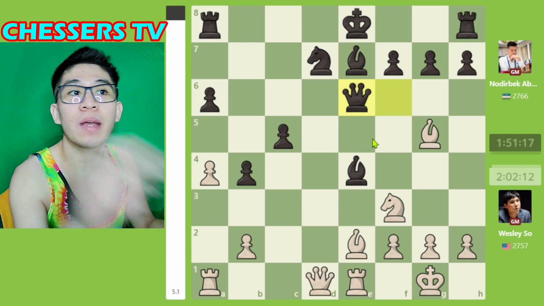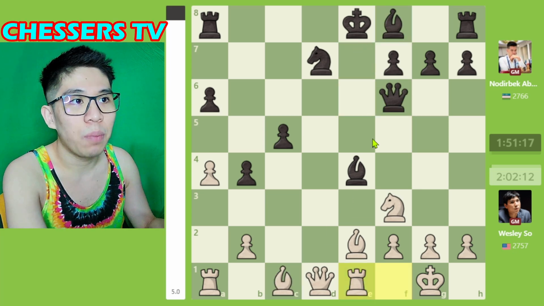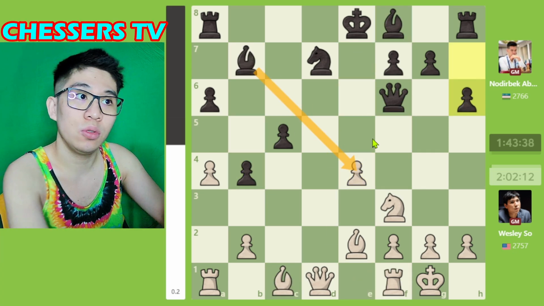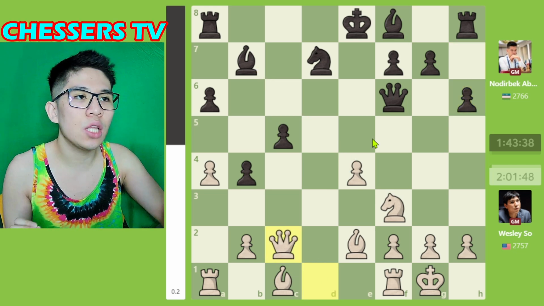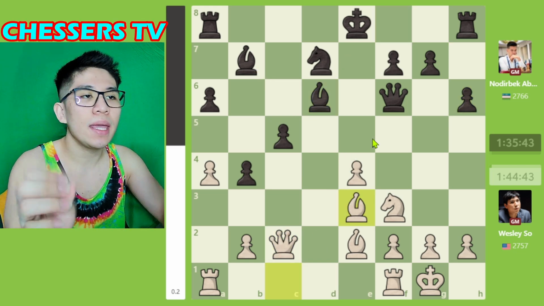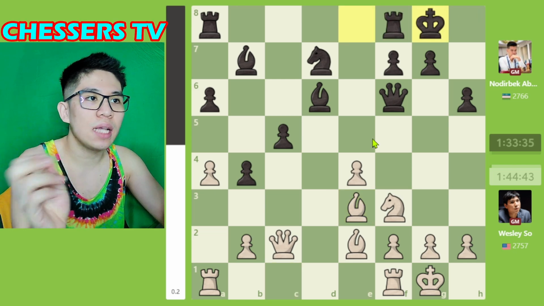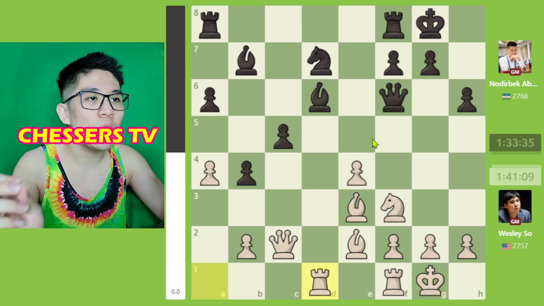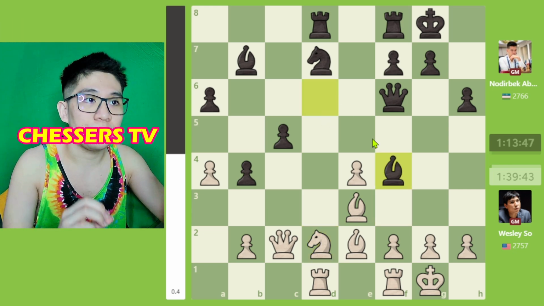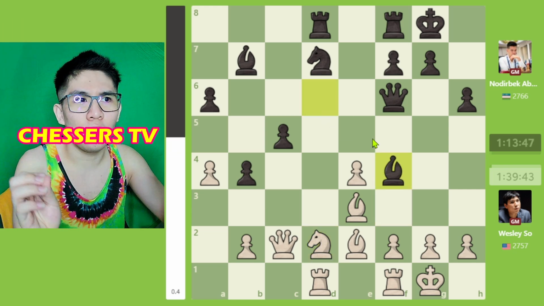That's why Nodirbek Abdusattorov didn't take the pawn on E4. That's why H6 is the best move. Queen C2, Bishop D6, Bishop E3, Castles kingside, Rook A D1, Rook A D8, Knight D2, Bishop F4 attacking the